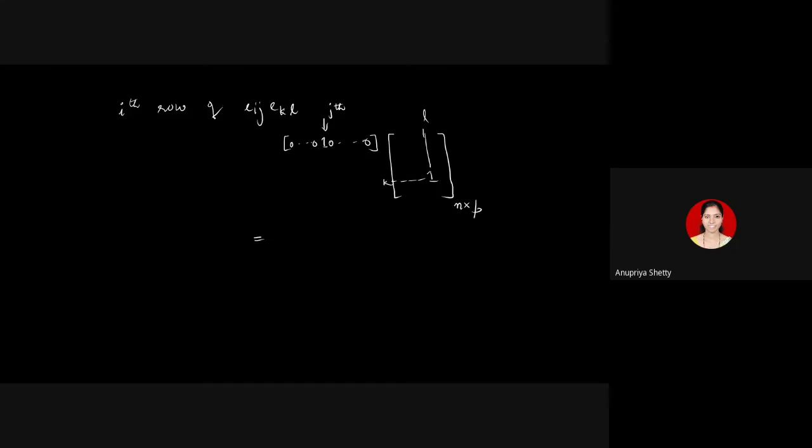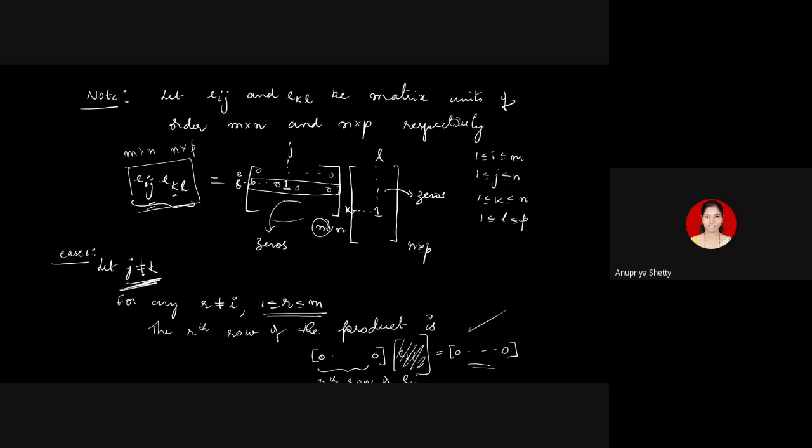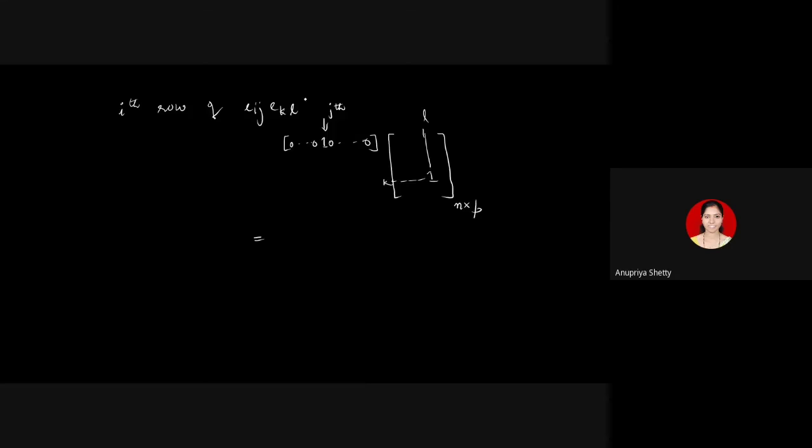I'm in case 1 here. What is the case? Case 1 where J and K are different. Keep this in mind. I've taken the case where J and K are different. Assume that J is less than K. If J happens to be 3 and K happens to be 5, J is less than K, or J may be greater than K, also possible. So somewhere here appears the jth row. Somewhere here there will be a jth row present, because J is also a number between 1 and n. K is also a number between 1 and n.